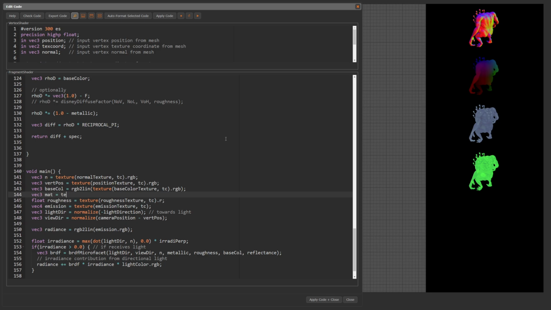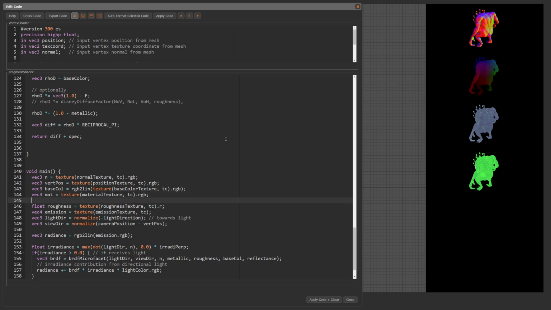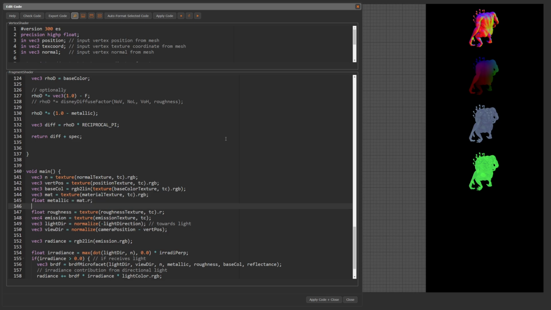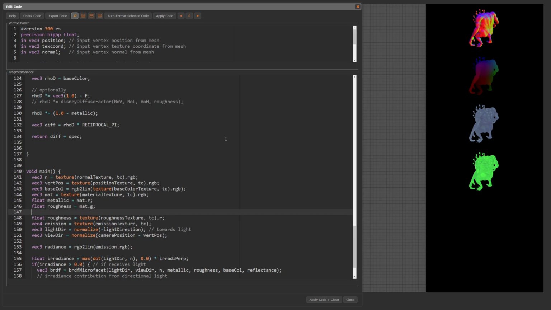vec3 mat equals texture(material_texture, tc).rgb. The metallic parameter is in the red channel of the texture. Float metallic equals mat.r. The roughness parameter is in the green channel of the texture. Float roughness equals mat.g. And reflectance is in the blue channel. Float reflectance equals mat.b.